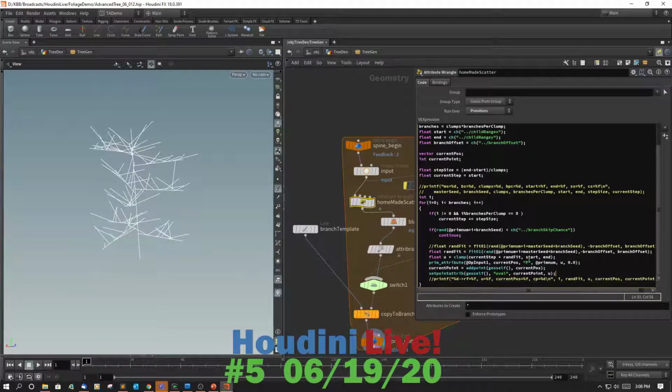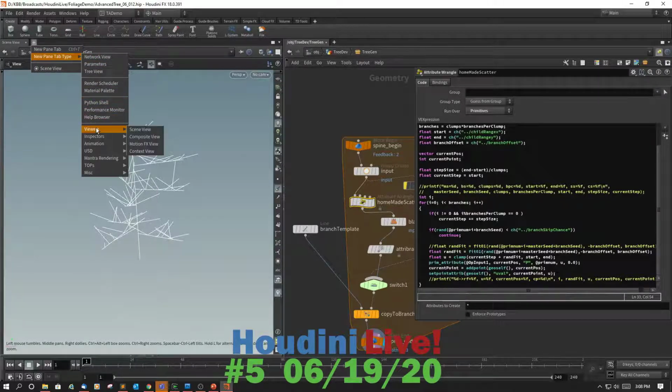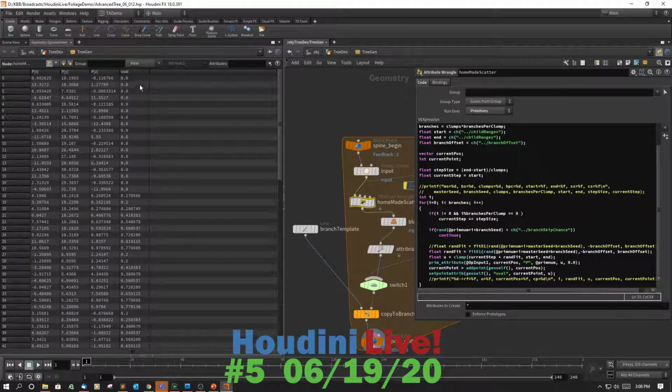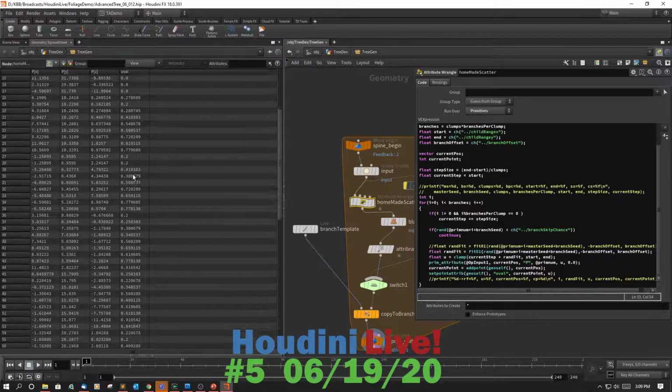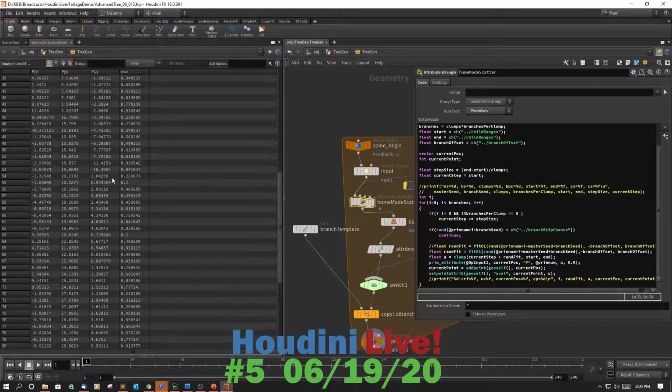So let's go ahead and make sure that this works. I'm going to hit Alt, Enter. Okay, I didn't get any errors or anything. So let's see if this actually worked. I'm going to come over here to Scene View, and I'll hit plus, Pane Type, and go all the way down to Inspectors where it says Geometry Spreadsheet. Aha, there's our uval. And our uval starts off at 0, and then it's going to go all the way up, ultimately,